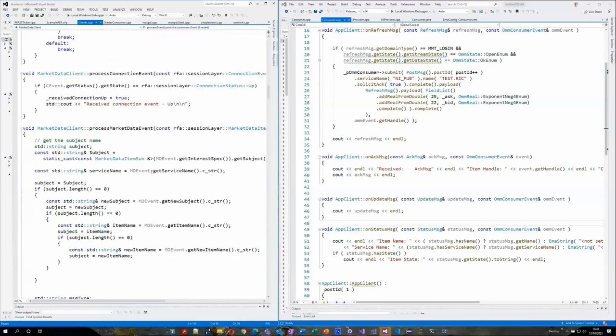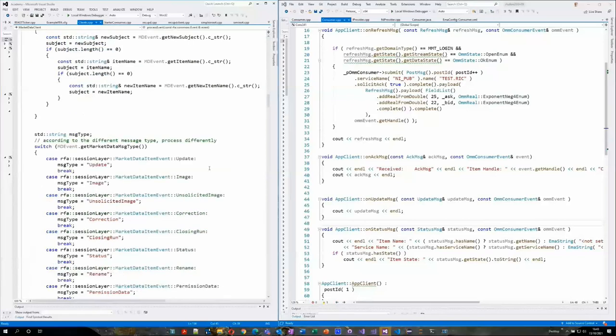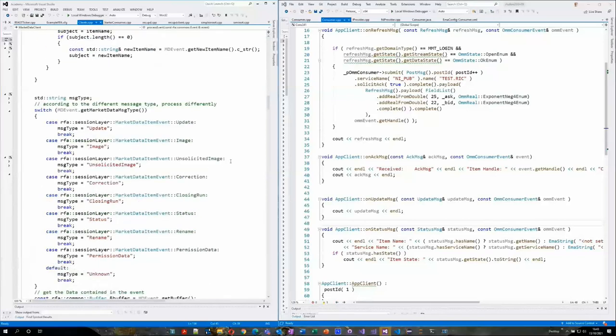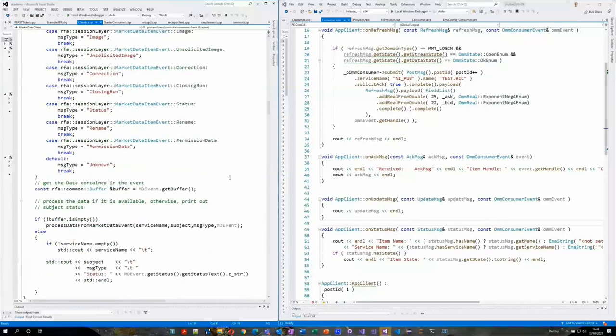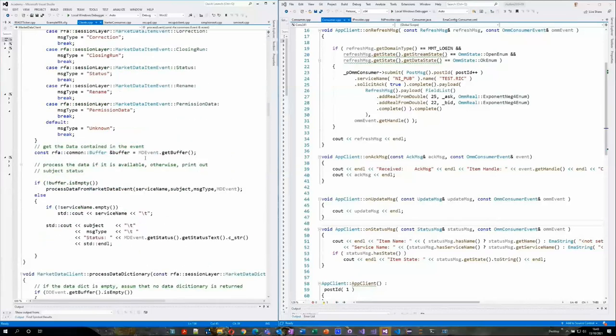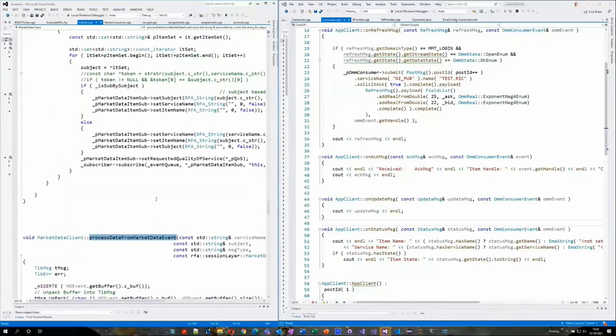If it's a data event, for example, you'd extract your instrument name and service name, and then you'd even have to figure out what kind of message is contained within there, whether it's an image or an update or various other types of data events you can get. And then you have to extract the buffer from the event, and then you can process the actual data itself. But before I show you that, let me quickly show you how you make a subscription in Market Feed.